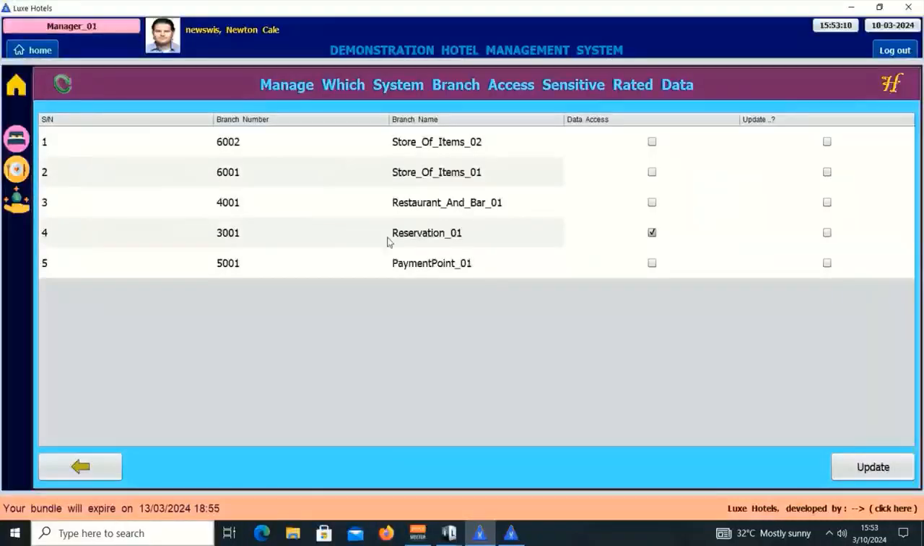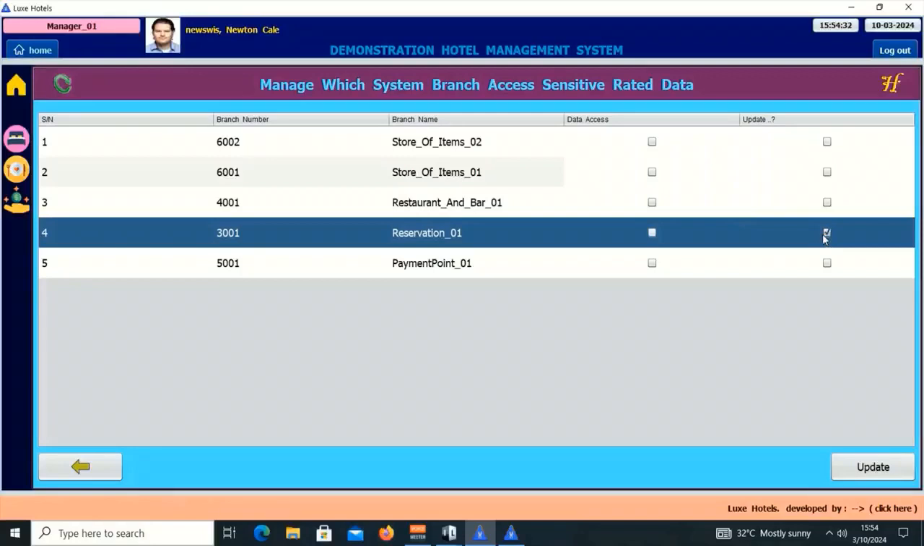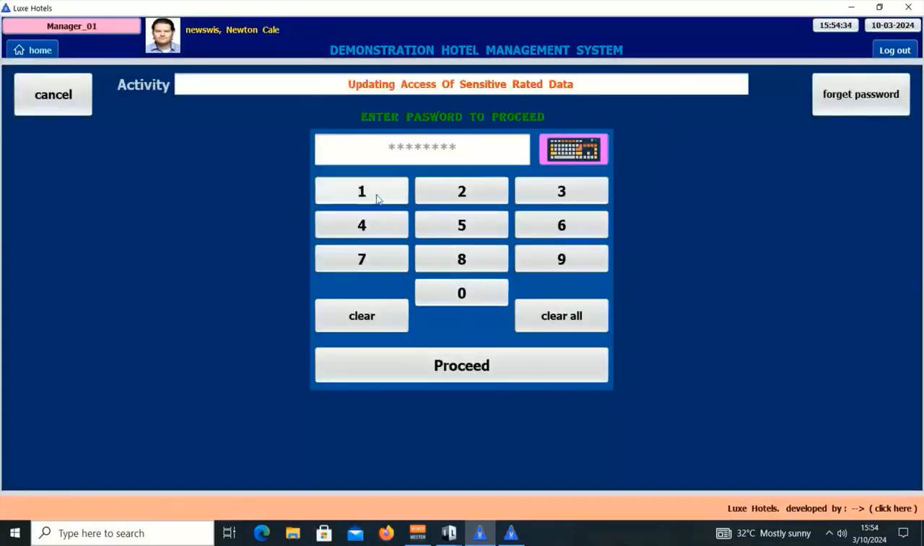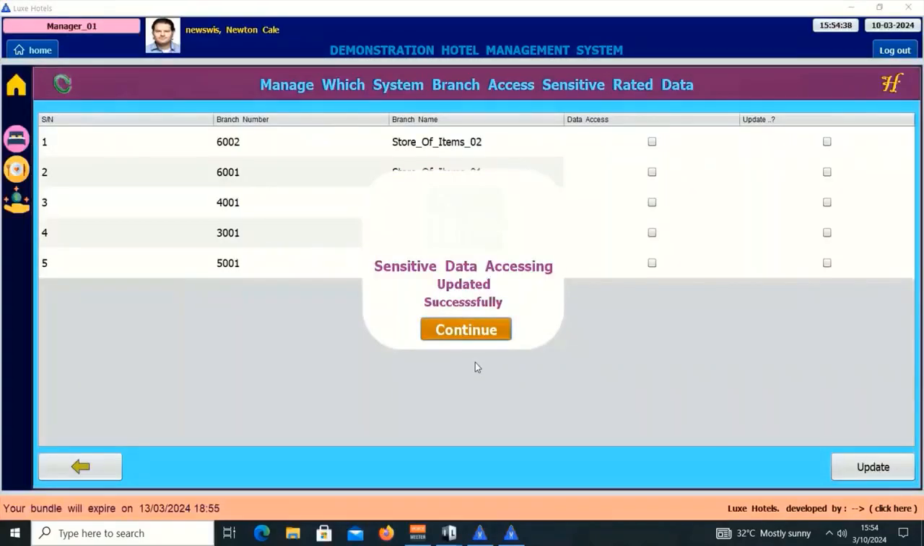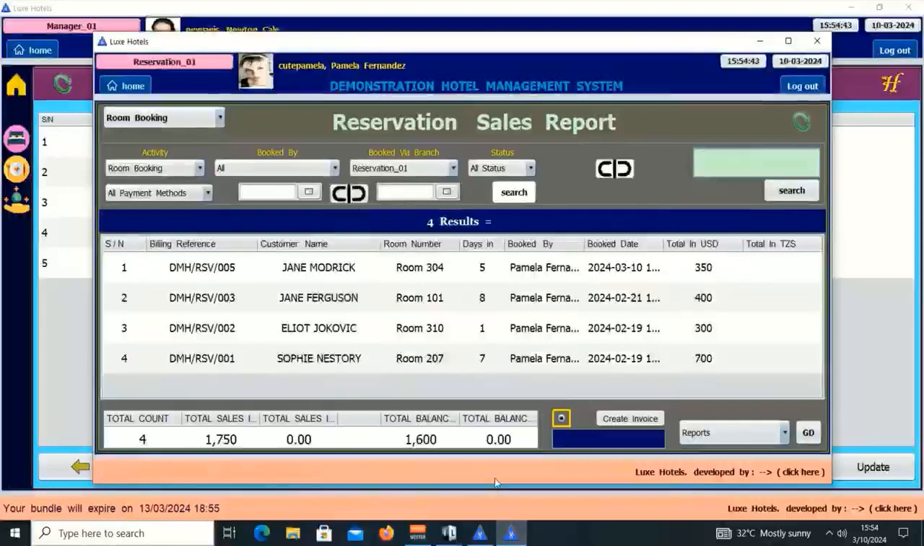I'll go back and now I will prohibit this reservation 1 package from accessing the most sensitive rated information. So I will uncheck this and I want to update, and here the password is 1436. Okay, and now when I go back to our reservation 1 package as this, and I may refresh or I may press enter,